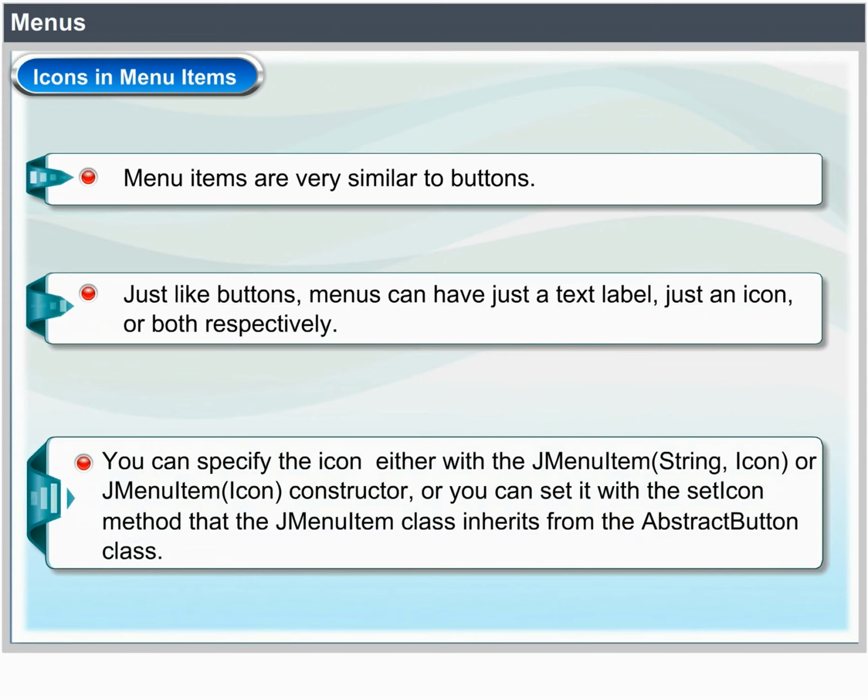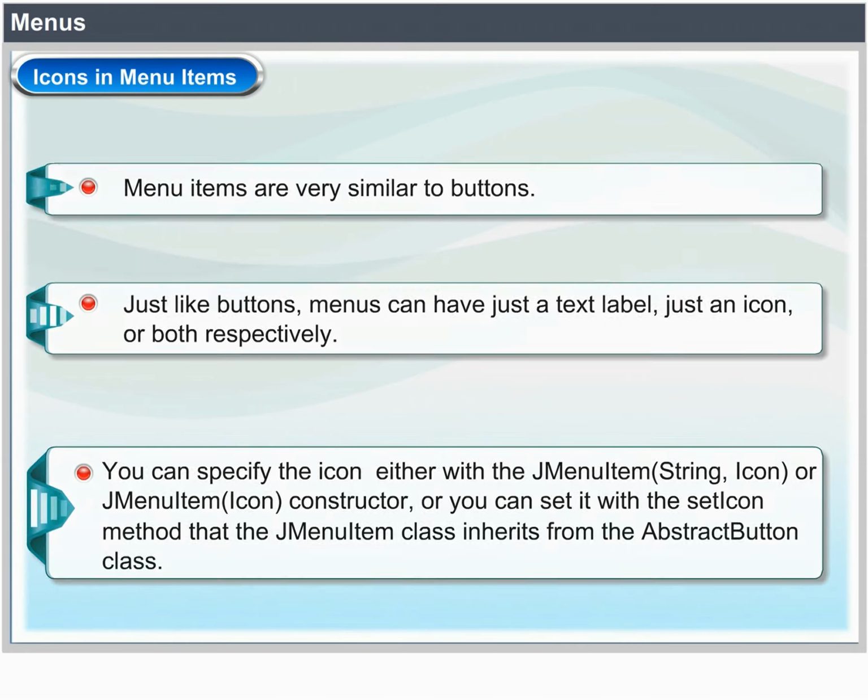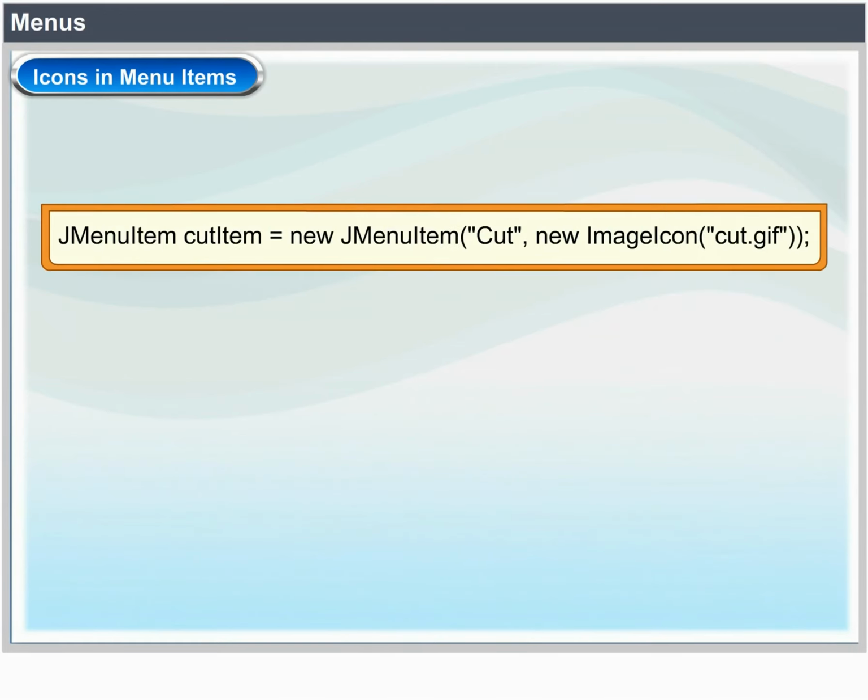You can specify the icon either with the JMenuItem(String, Icon) or JMenuItem(Icon) constructor, or you can set it with the setIcon method that the JMenuItem class inherits from the AbstractButton class. JMenuItem cutItem = new JMenuItem("Cut", new ImageIcon("cut.gif"));